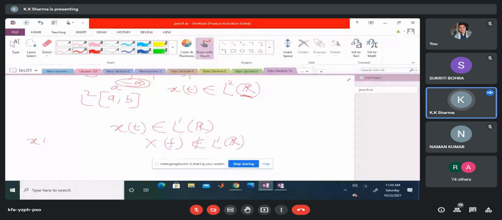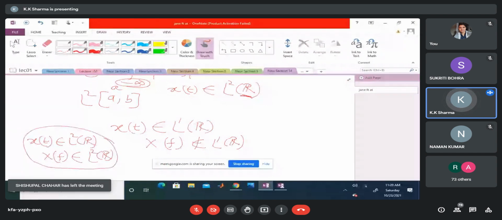Whereas, if your signal is a finite energy signal, that is an L2(R) signal, the Fourier transform of this signal will always be L2(R). So there is a perfect symmetry between the time domain signal and the frequency domain signal for finite energy signals, and any real life signal will be a finite energy signal only. Most of the time, real life signals are always finite energy signals. So you are guaranteed that if x(t) is a finite energy signal, its Fourier transform will also be a finite energy signal. Finite energy means L2(R).